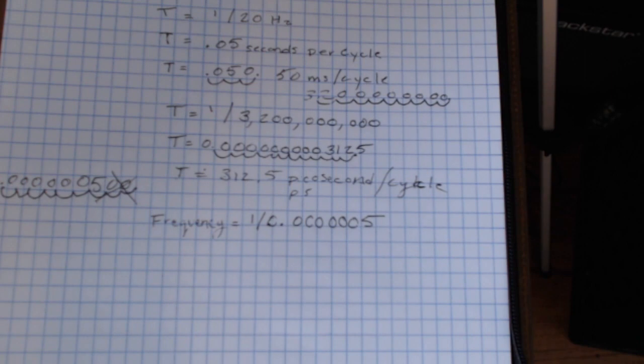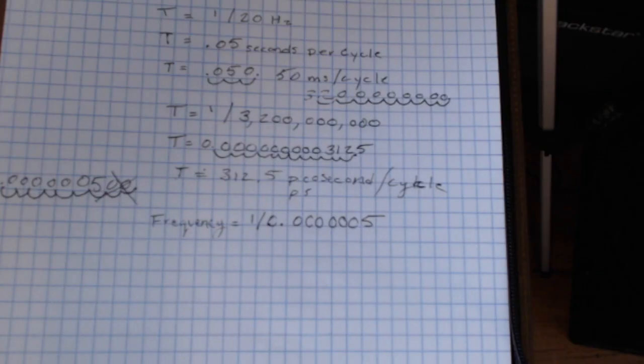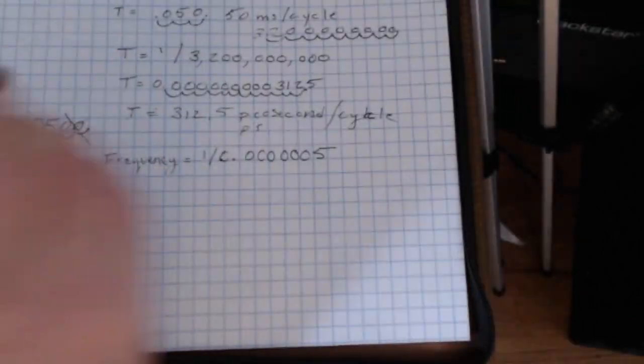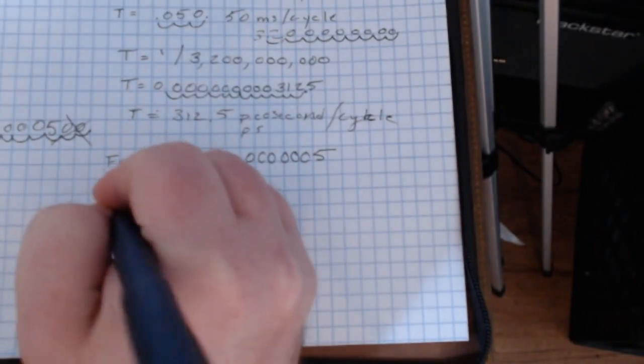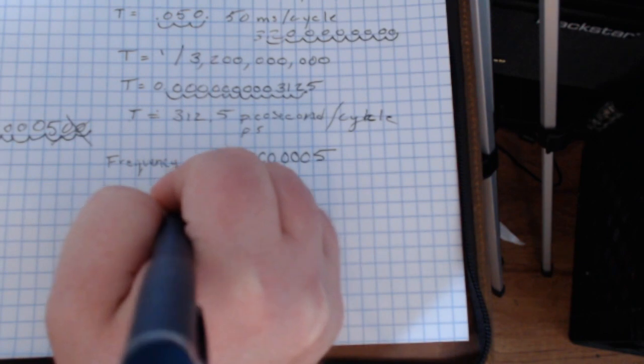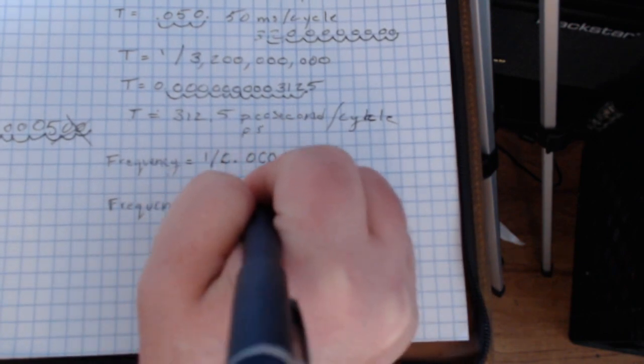As a matter of fact, it goes into it 2 million times. All right, so our frequency is going to equal 2 million